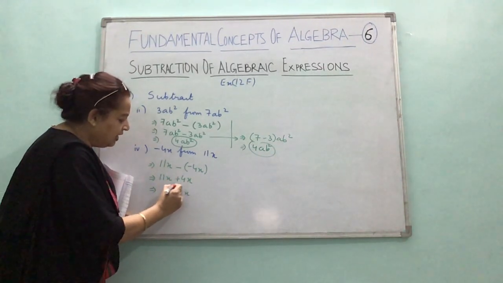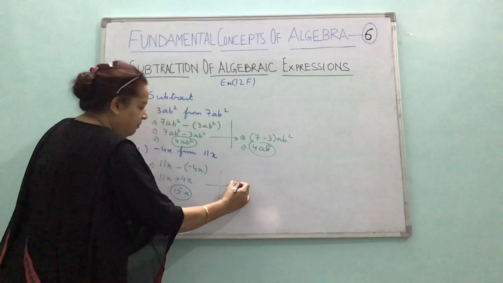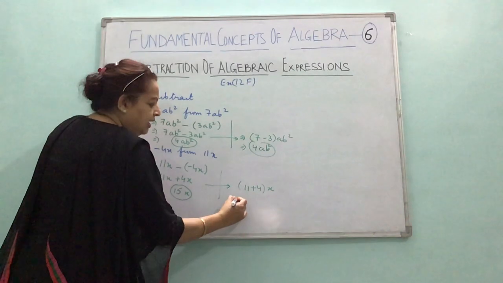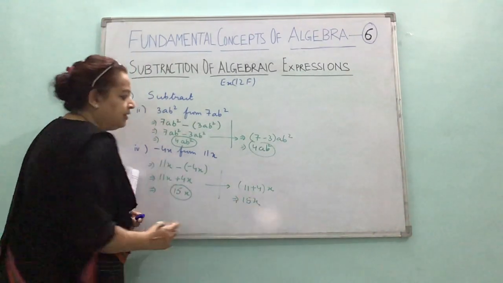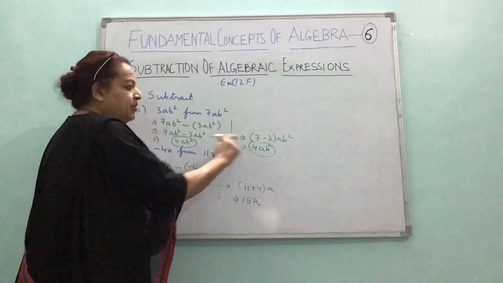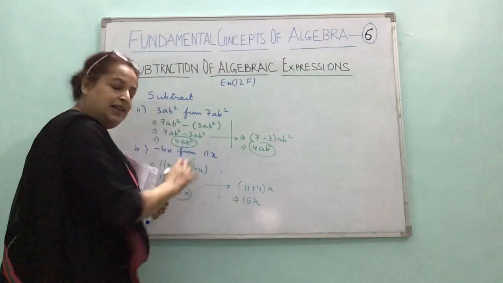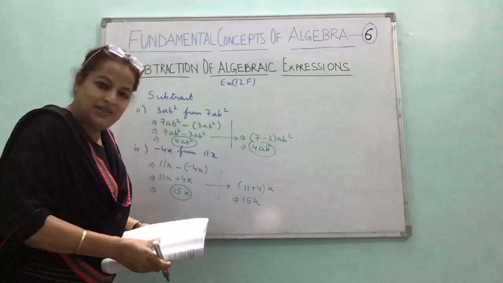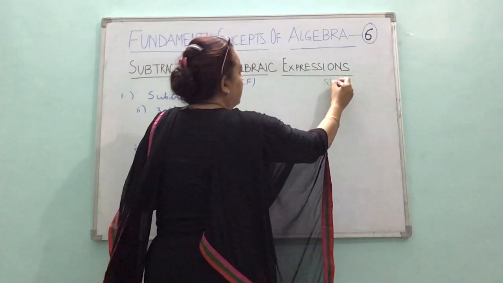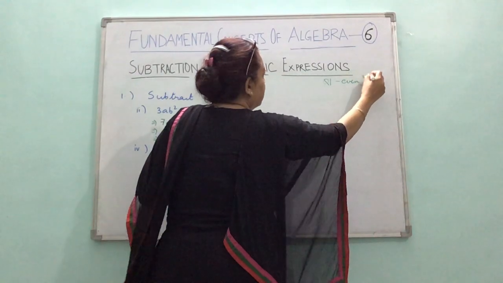It would be 15x. If you wish, in this step you can put it in brackets and put the literal coefficient out, and then add according to the rules of integers. Whichever way, if you are getting confused adding directly, you can put it in brackets, right? But when there are two terms, you can easily add directly also, because there are only two integers to handle. So question number 1 is clear. Question number 1, even subparts.